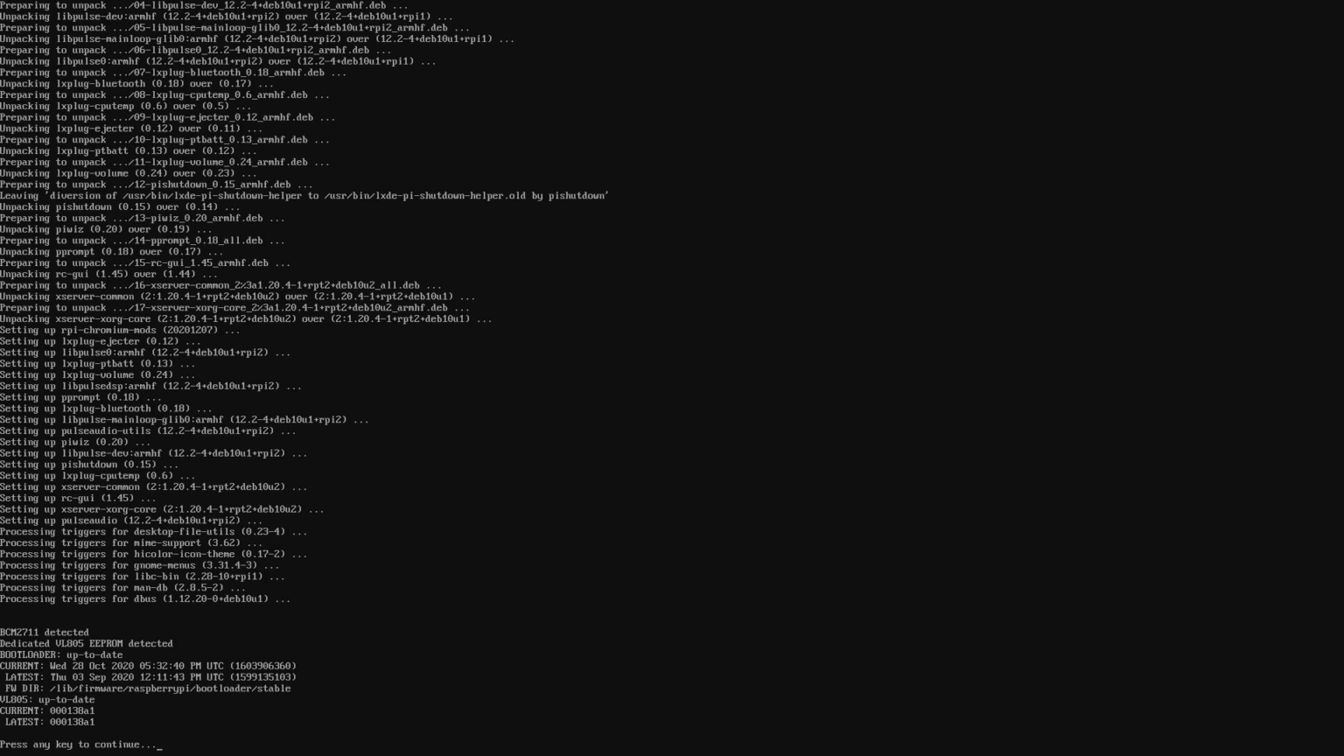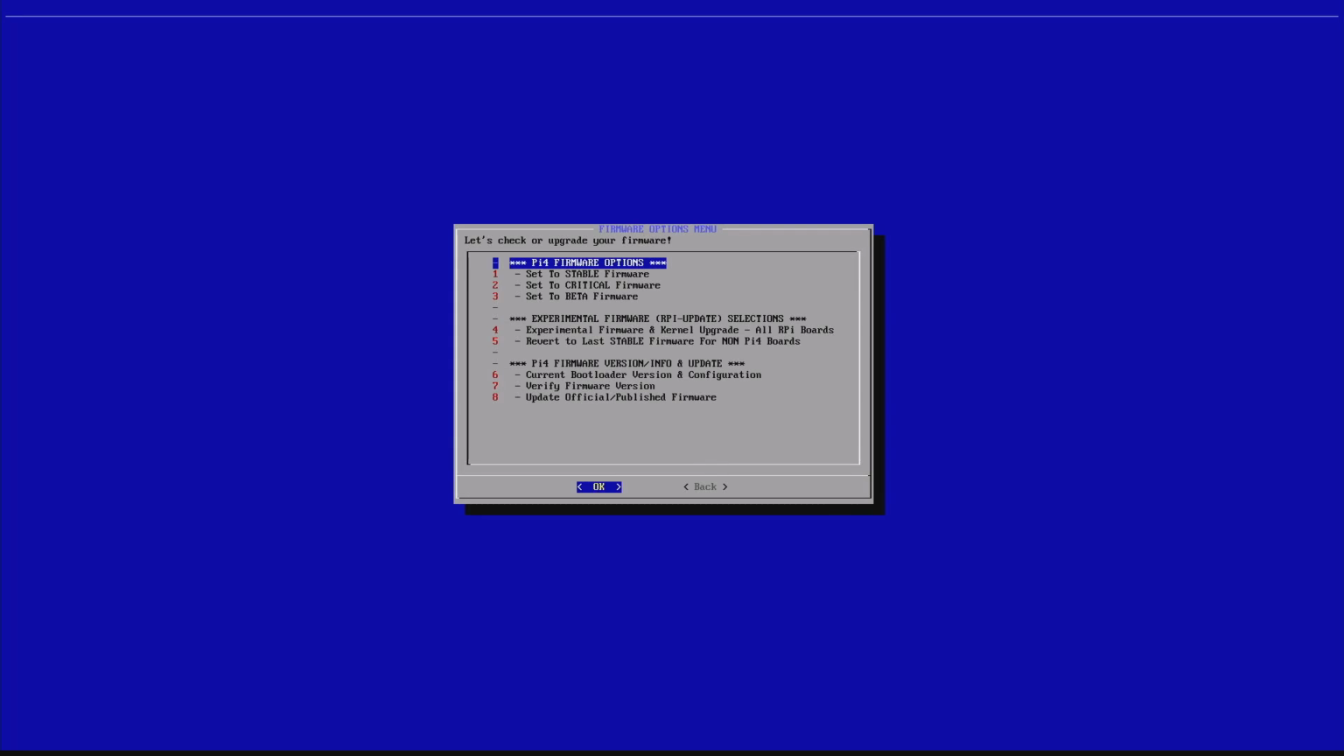It checked that in the stable directory the firmware is the latest one, the 3rd, and I have on my board the 28th. So there are no updates available for this one. And it says that we have the current and the latest, which matches. I press OK, and